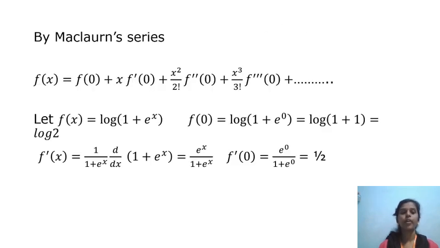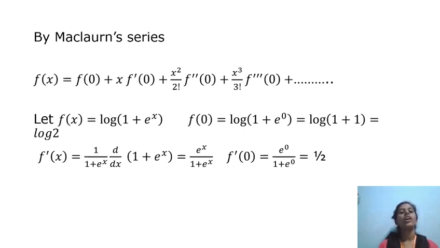Now we will solve the problem. By Maclaurin series, f of x equals f of 0 plus x into f dash of 0 plus x square by 2 factorial into f double dash of 0 plus x cube by 3 factorial into f triple dash of 0 plus and so on. Let f of x equals log of 1 plus e to the power of x. Then f of 0 equals log of 1 plus e to the power of 0, where e to the power of 0 value is 1. Then log of 1 plus 1 equals log 2. Then we have to apply